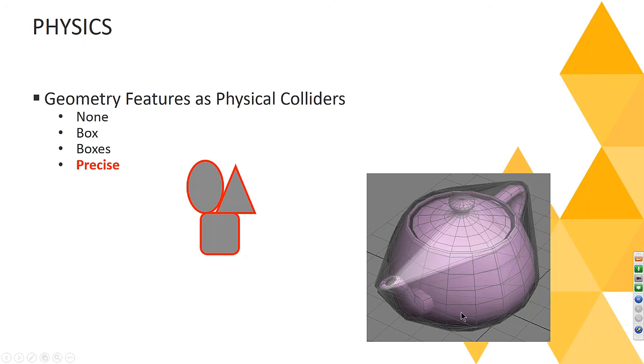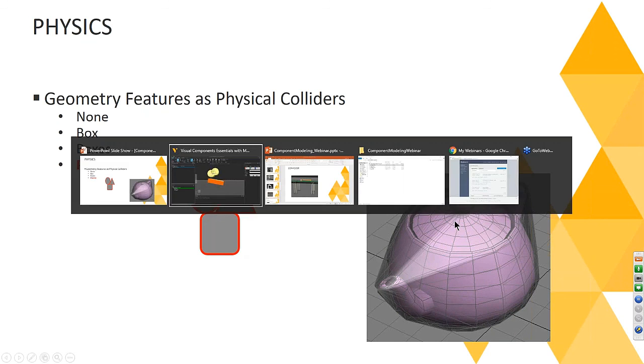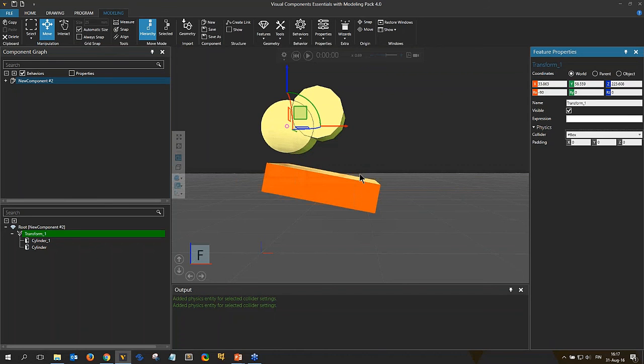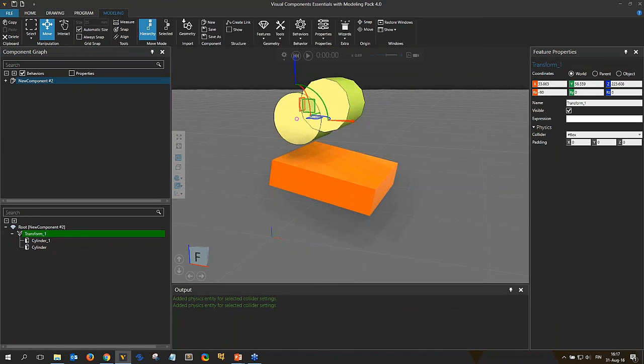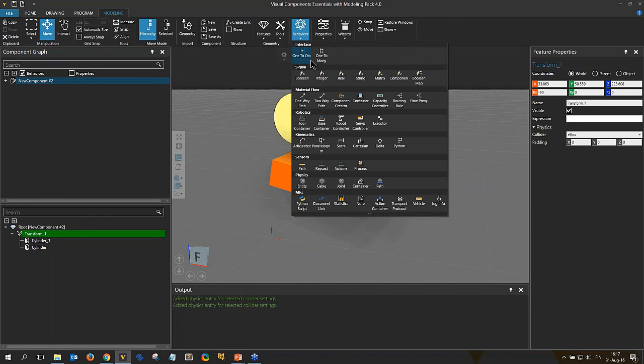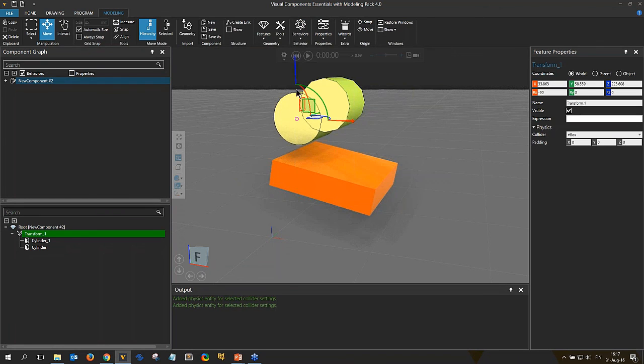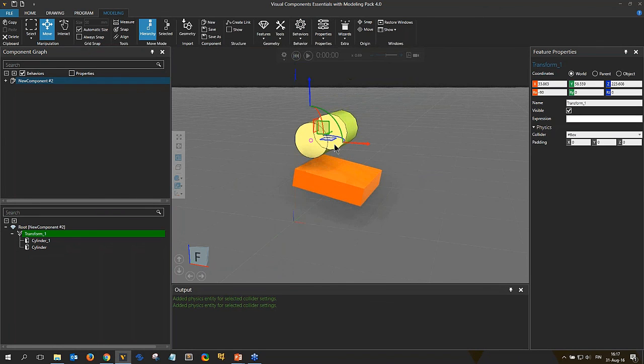So if you needed this to be more detailed in physics, you should separate this nozzle and this handle and maybe this lid and put them all separately in precise mode in the physics. But I recommend you test it out a little bit. You can create different kinds of physics behaviors here. We will cover physics in future tutorials in more detail, but I could quickly show you, for example,